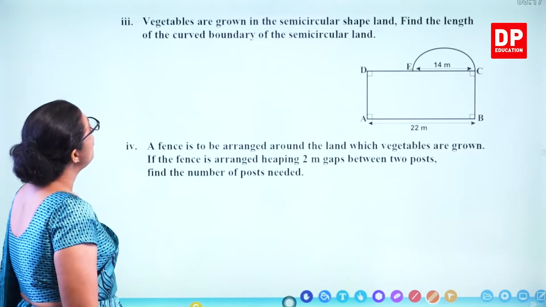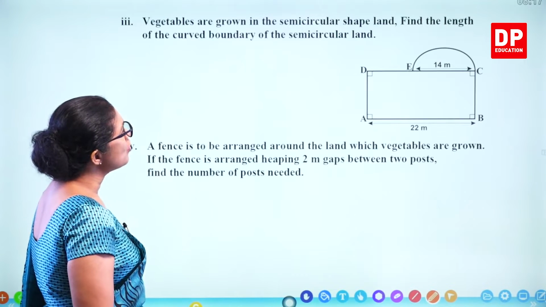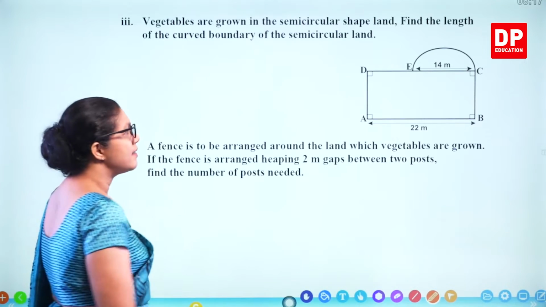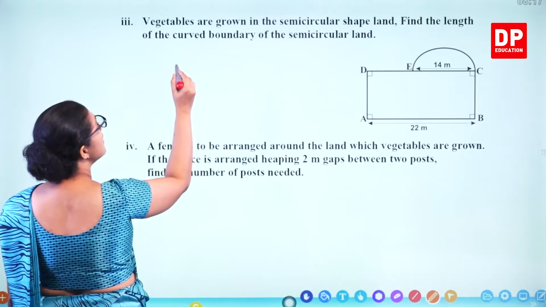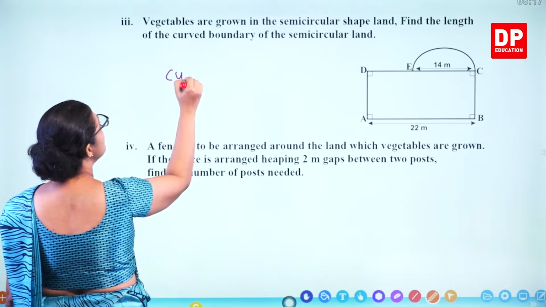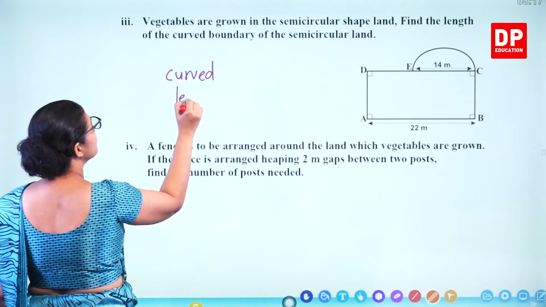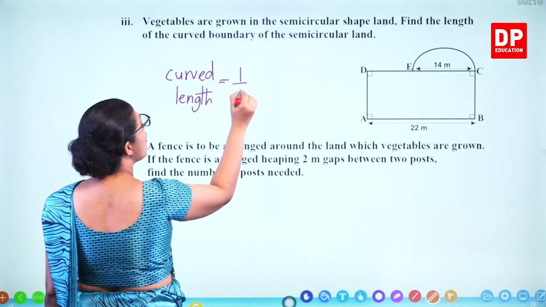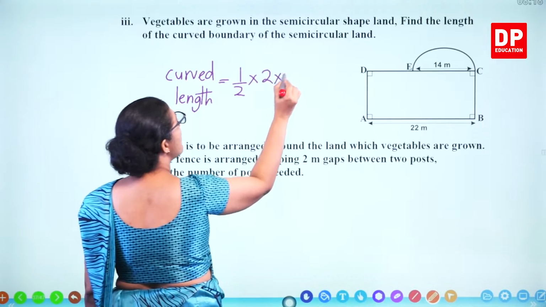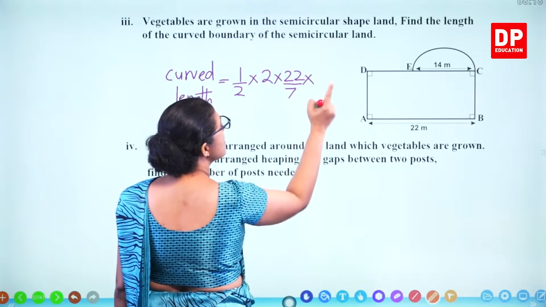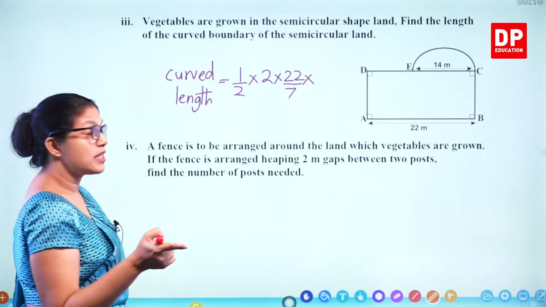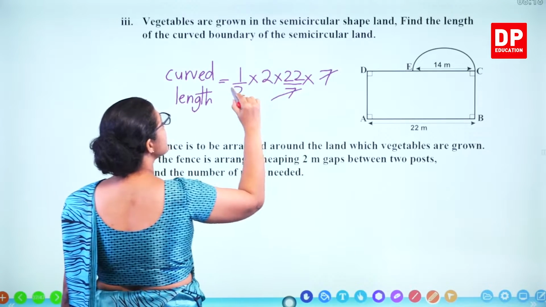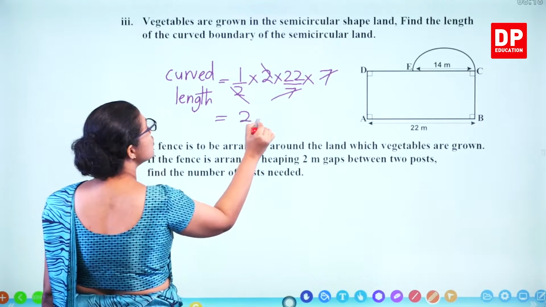Next one. Vegetables are grown in the semicircular shaped land. Find the length of the curved boundary of the semicircular land. This is arc length. So what's the length? Curved length. This is half of 2 pi r. 2 pi is 22 over 7. What's the radius? Diameter is 14. 14 divided by 2, that's 7. So 7 get cancelled out, 2 get cancelled out. 22 meters is the